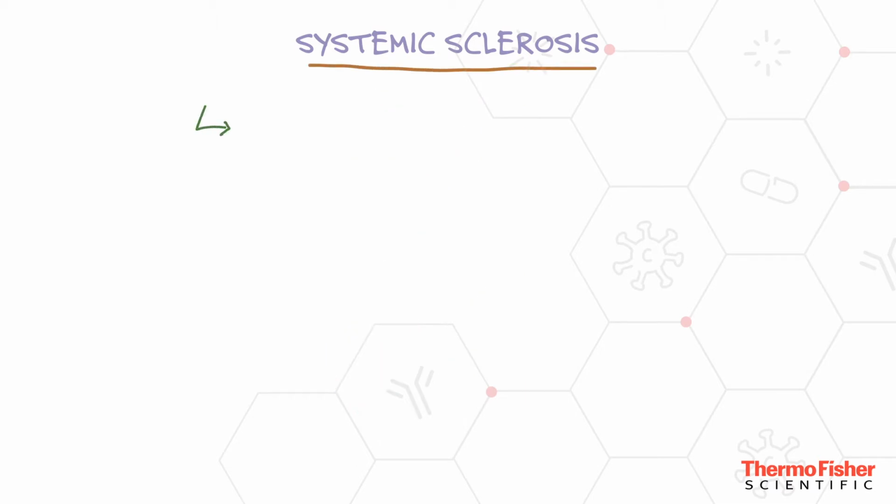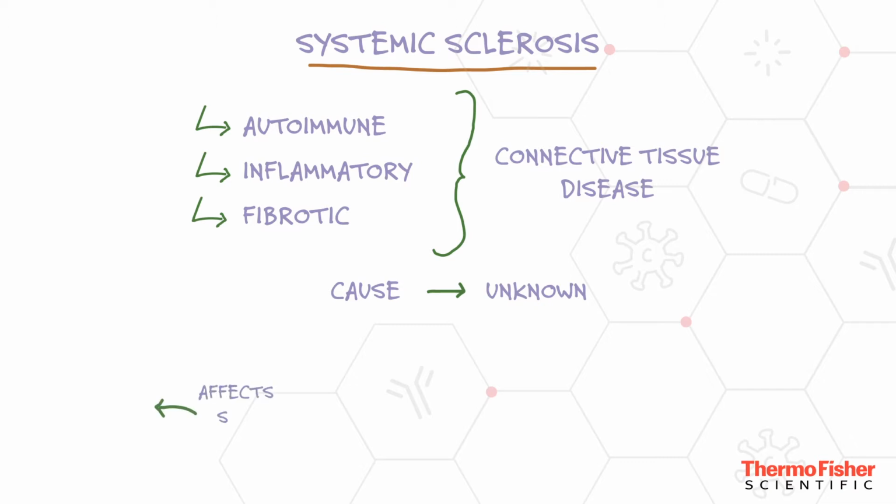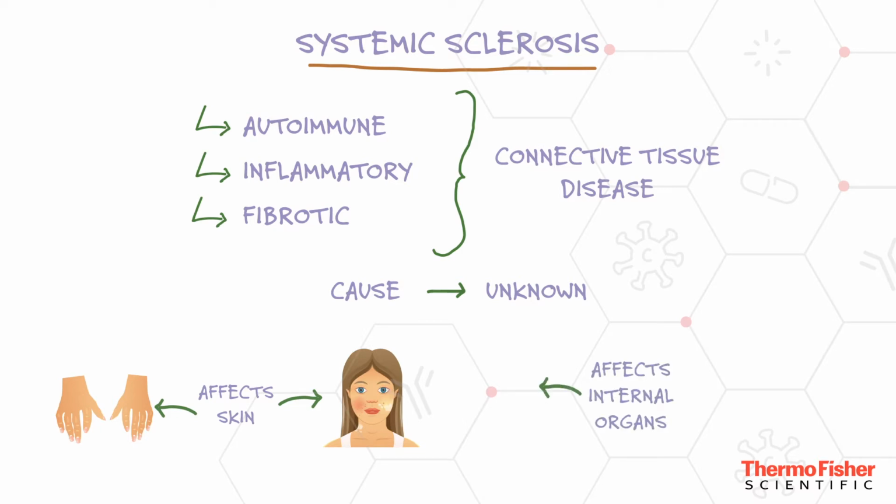Systemic sclerosis is an autoimmune, inflammatory and fibrotic connective tissue disease. The cause of the condition is unclear. It most notably affects the skin in all areas, but it also affects the internal organs. Systemic sclerosis is characterized by deposition of extracellular matrix, which results in thickening of the skin, and abnormalities of small